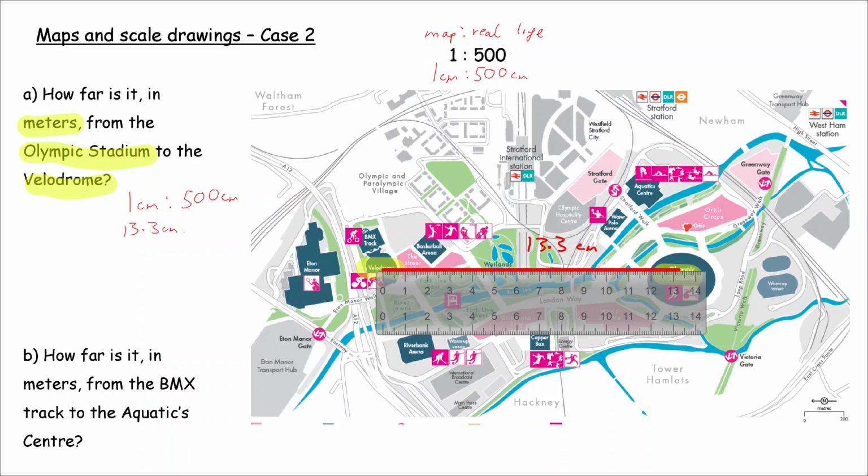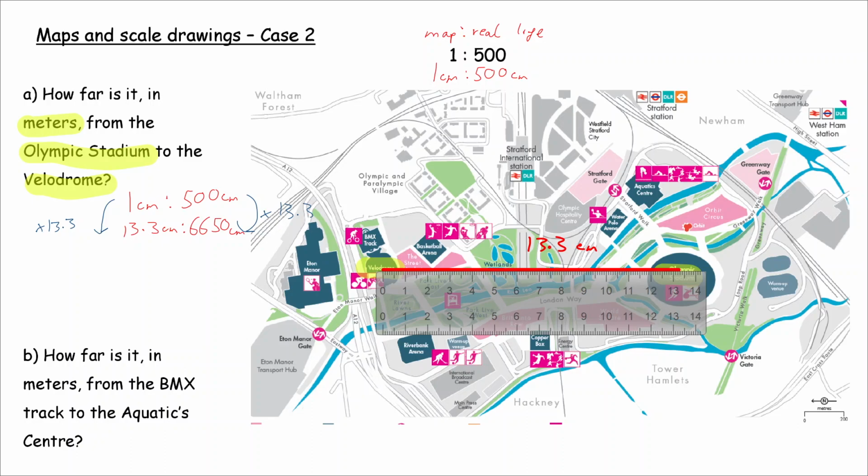centimeters. And again, it's really handy if you have the first number here to be a 1. It's called the unitary method. You can easily upscale. You can just times through by 13.3, so you can do 1, and you can times that by 13.3, because that gives you 13.3, and do the same thing over here. You can go and times through by 13.3. Now 500 times 13.3 is equal to 6650, so 6,650